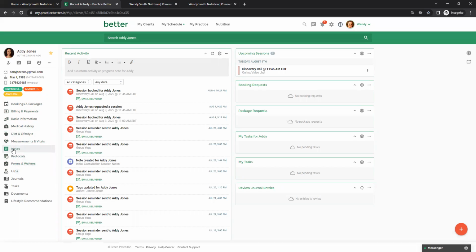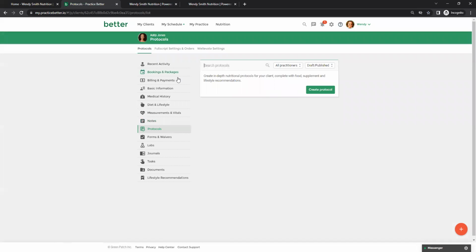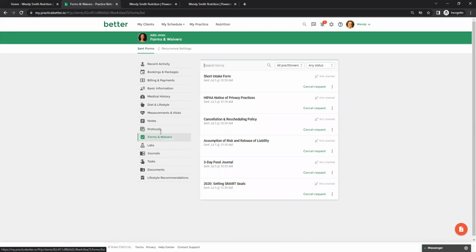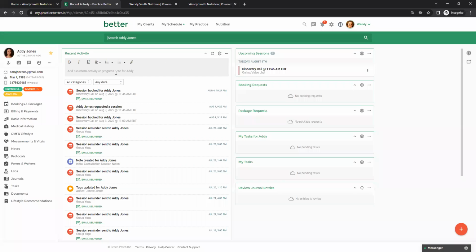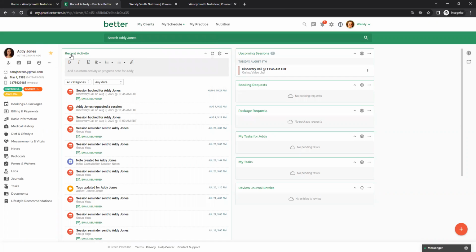So you can go in and look at any notes that you took for Addie, any protocols. Right now, Addie doesn't have any protocols, forms and waivers. So this is really how you navigate through the client's file. If you want to look at the client's recent activity, again, we go to My Clients, and then we're going to go to the client's name,